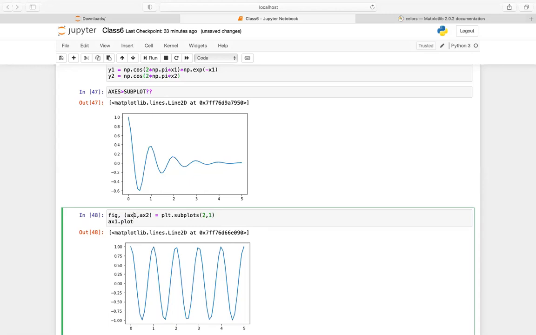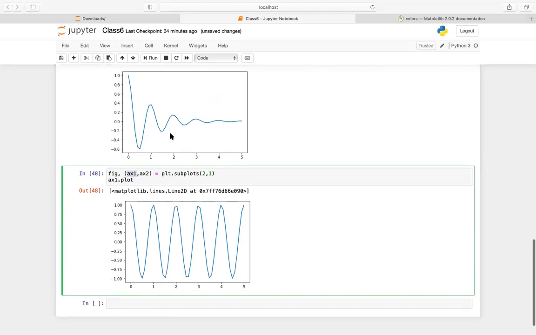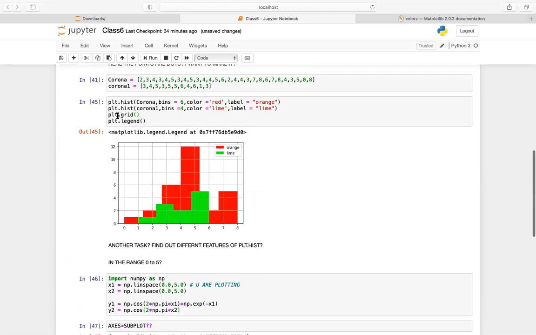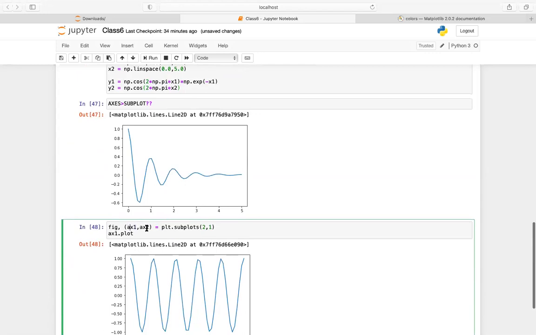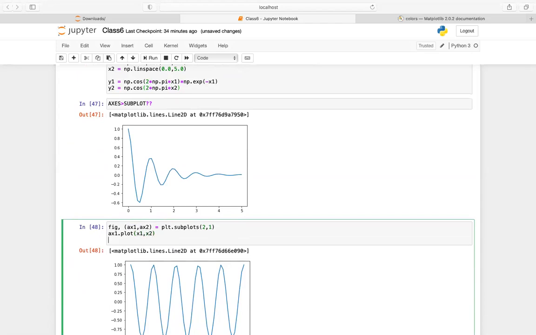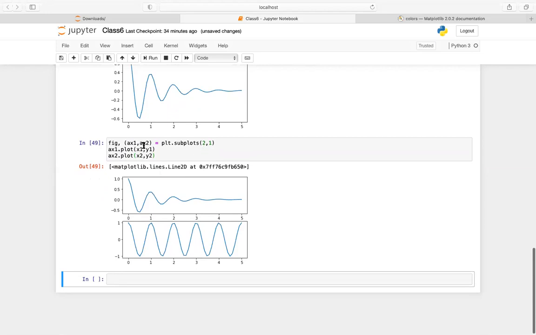There we were using plt.plot. Now I cannot use plt because they are two separate plots, so either I have to use plt1 or plt2, which we have to define. So here I have defined ax1 and ax2. So ax1.plot, and then x1 comma y1, and then ax2.plot, x2 comma y2, and if you plot it, then you can see I'm getting the plot. One is up, one is down.